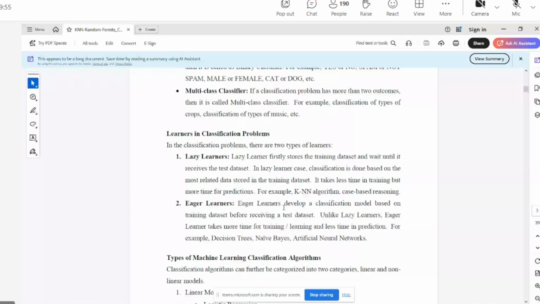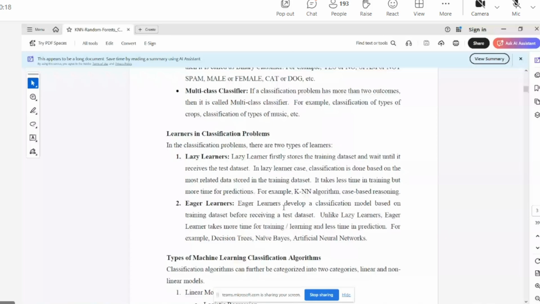Very simple. You will take the data set. Imagine 1,000 records are there. First, you will feed the data to the model. Then it will process the data with the model, and it will gain experience.